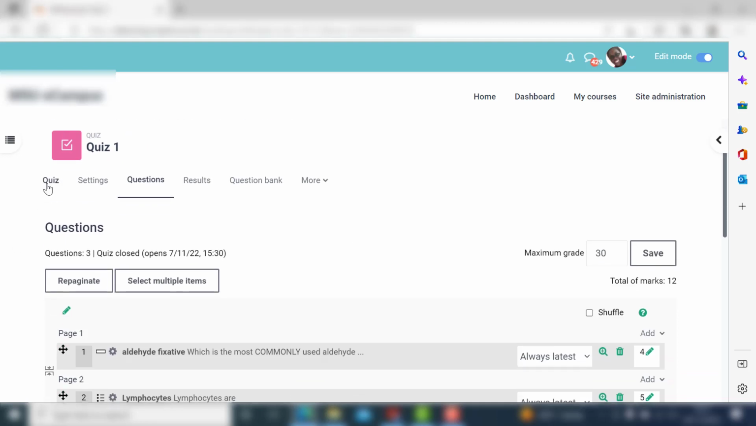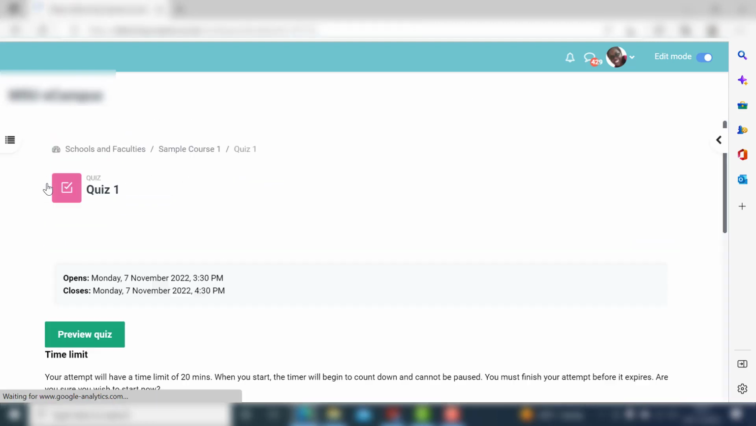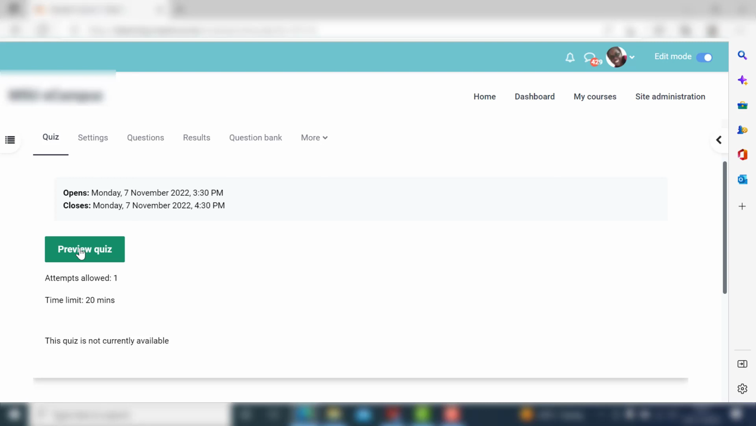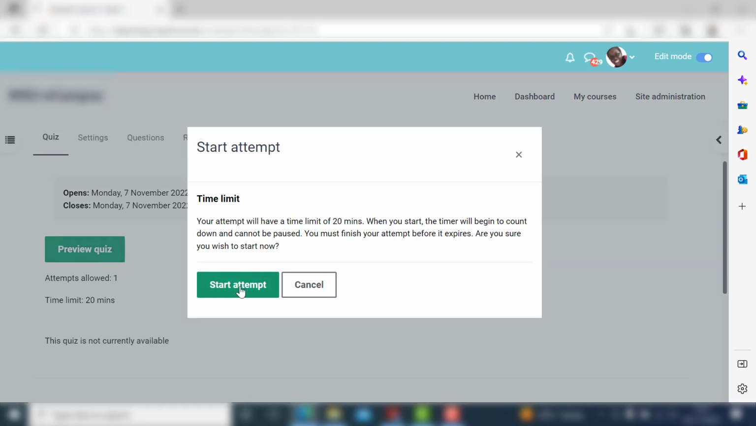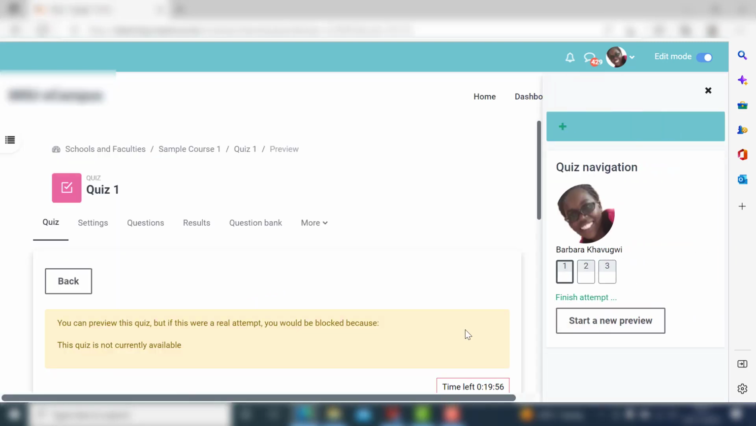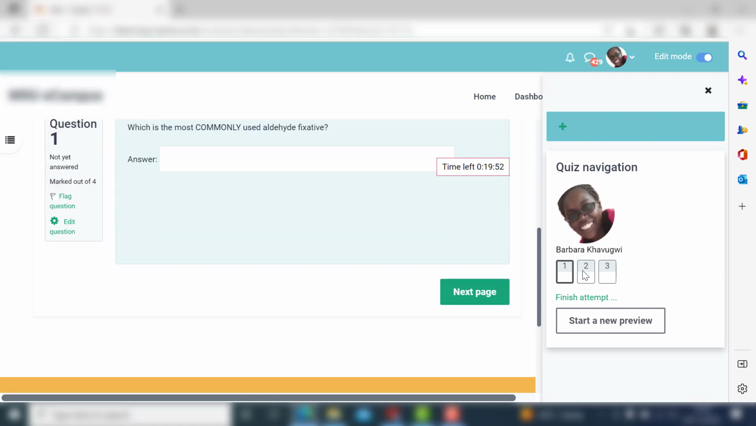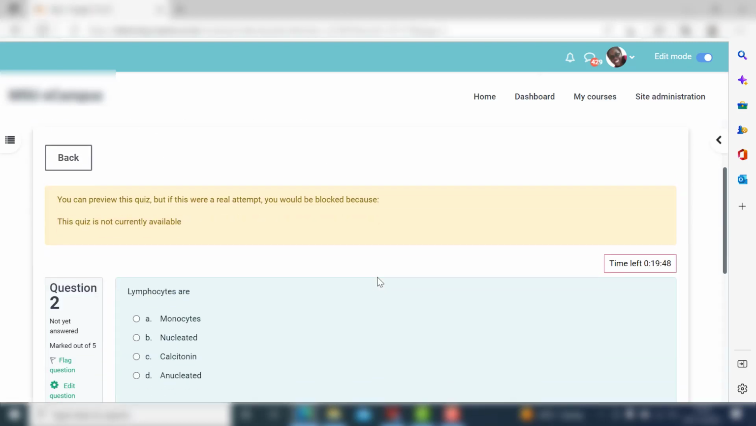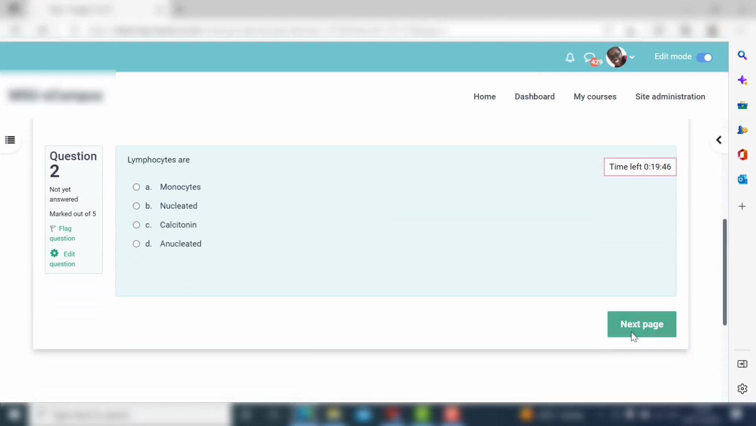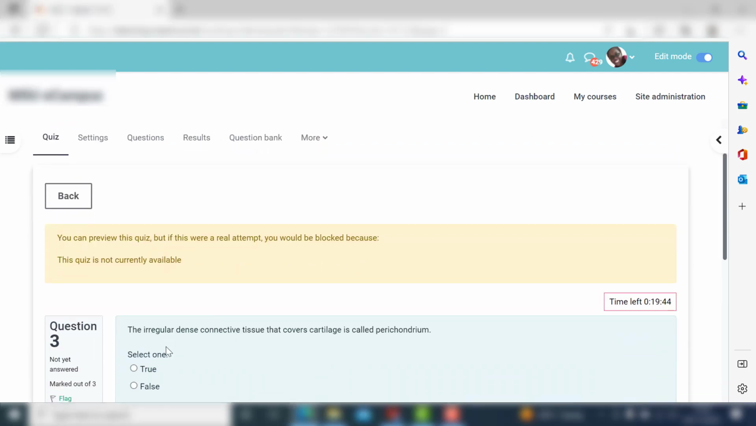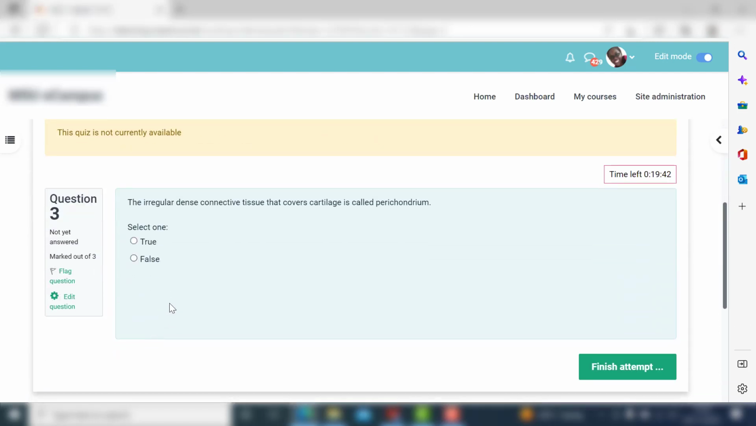Okay, then you can click on quiz so that you can preview your questions. So let me preview the quiz. It's always important to preview the quiz to check that it is displaying correctly. So the first question is okay, the second question is also okay, the multiple choice question, and the third question is a true false question. So once you have previewed through your quiz and ensure that it is okay, it's now ready, you can now ask the student to attempt the